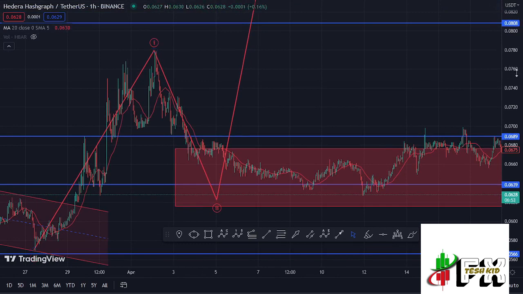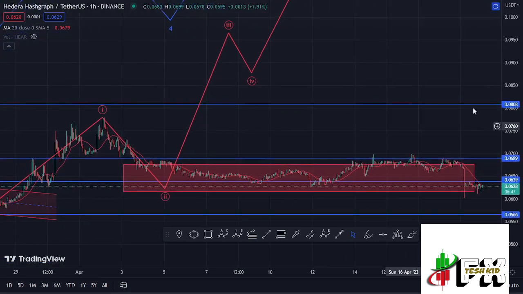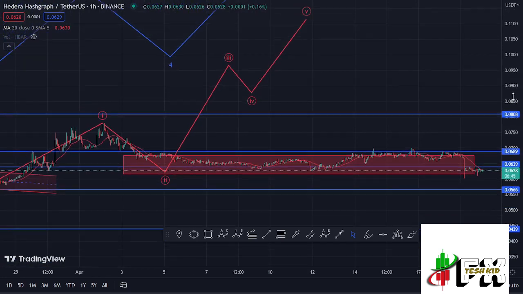$0.0778 mark. And having seen the formation of that one set up to the upside, I now believe that Hbar is now ready for a massive pump to the upside in the formation of this wave 3. And before I get further into the technical analysis to give you my target areas in the formation of that